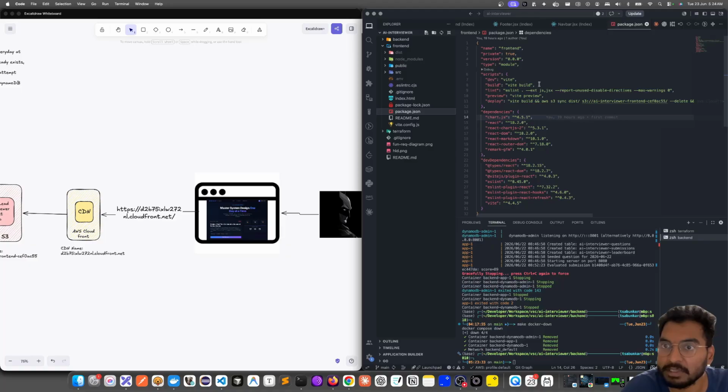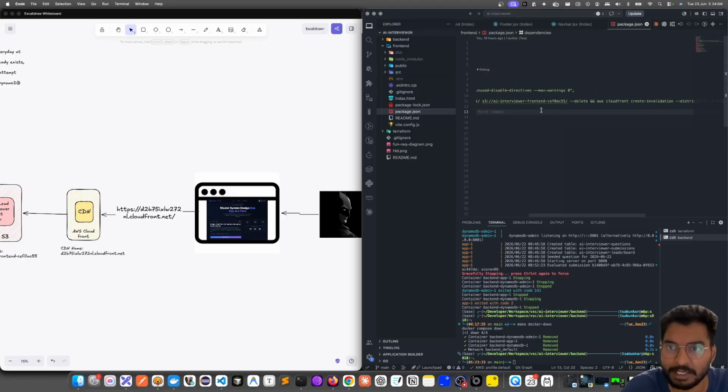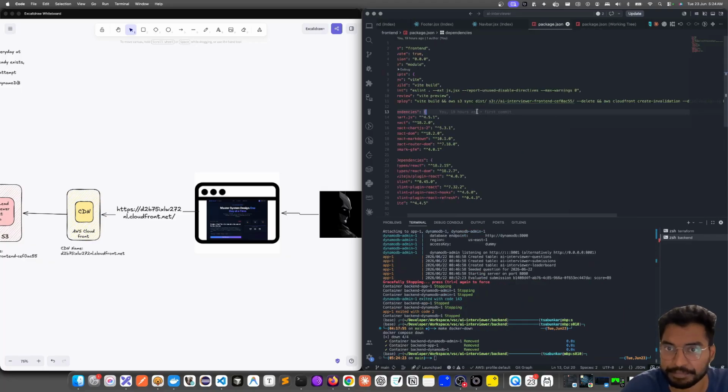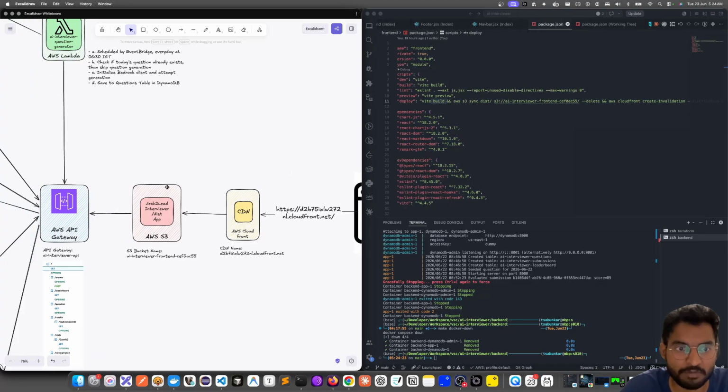What I'm interested in is how I build this application and how I deploy it. I am trying to not use any CI/CD pipelines right now. I'm just trying to build the dist folder, and once the dist folder is built, since I need to copy it into S3, I'm directly syncing from my local machine by doing an AWS S3 sync of the dist folder,